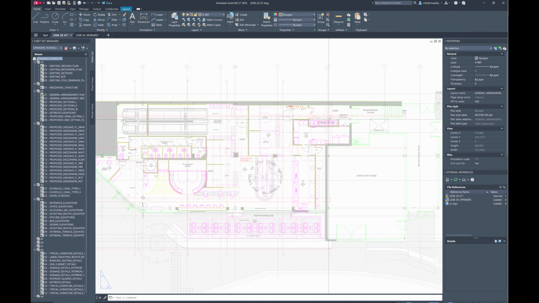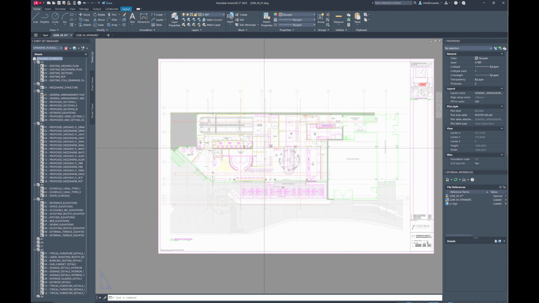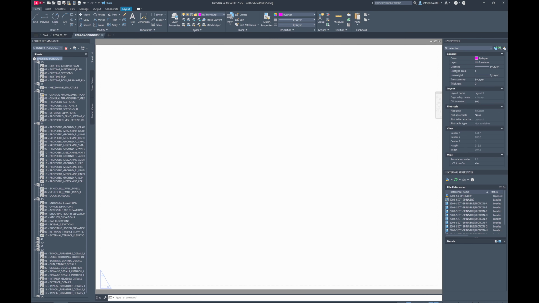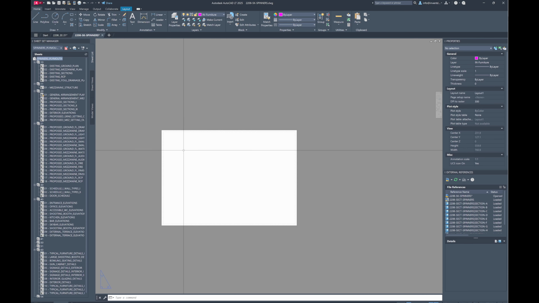So this is what it looks like. This is on the layout. So the way AutoCAD works is you can see here on the bottom, I could just click here and that's my layout. I could create a viewport and see straight into my model in the same way that SketchUp Layout does. But because, as you can see here, I've got a lot of drawings in my drawing set for this